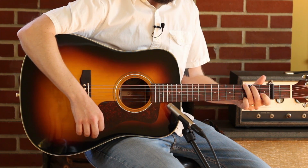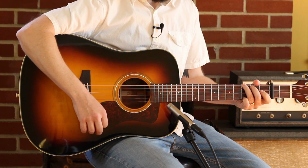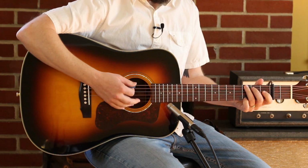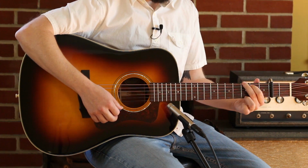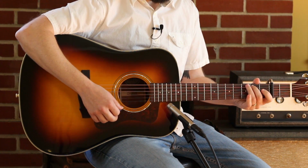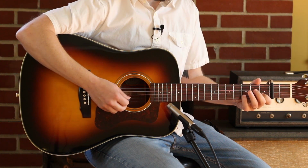Now, a lot of times we learn G this way. This G is a little more useful for embellishment. Same G, but instead of fingers 1, 2, and 3, you're doing fingers 2, 3, and 4. Because then Dave's going to do a...